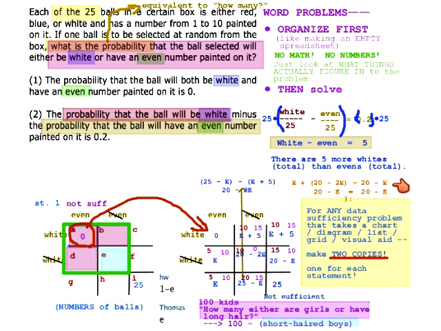That proves it not sufficient for sure, because we actually have 2 different cases of numbers here. And notice how not long that takes. If you get to the end of this work and you're not really sure about that, this took an extra 20 or 30 seconds, and that was with me talking through it, which means it would take you even less time. So still not sufficient. It's going to be E. But the point is not to be afraid of switching methods in the middle of stuff.